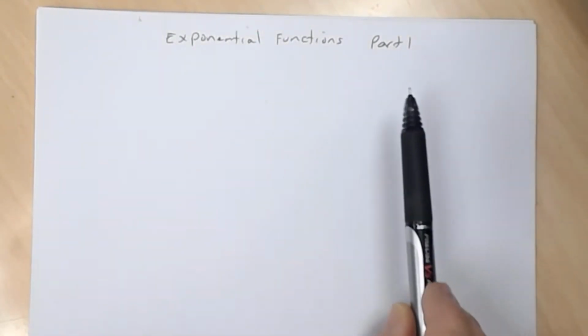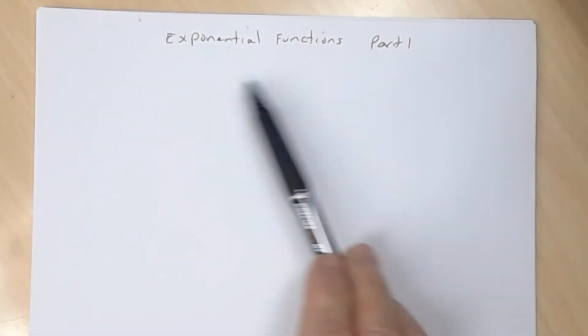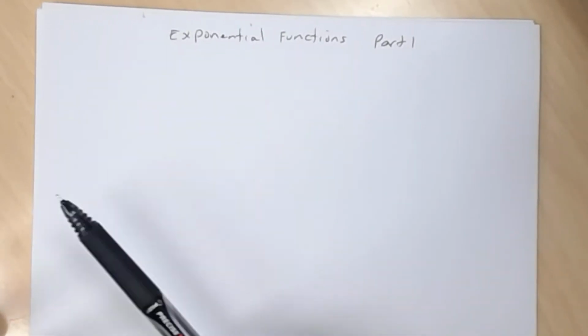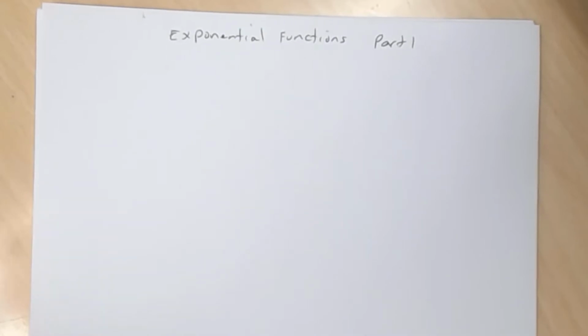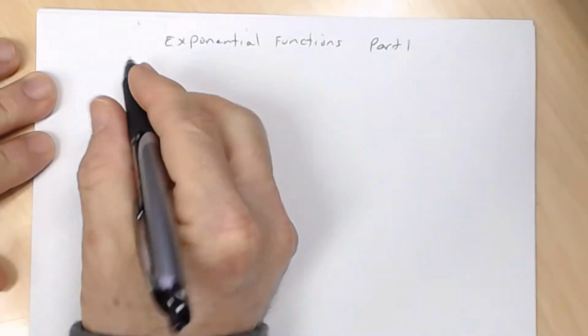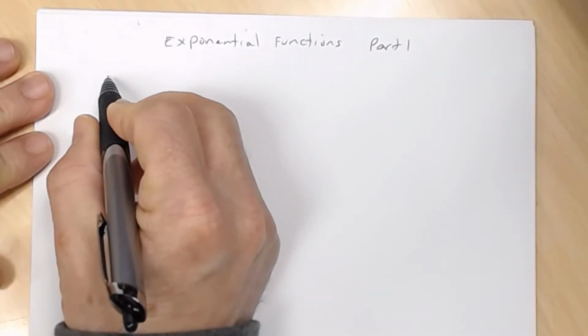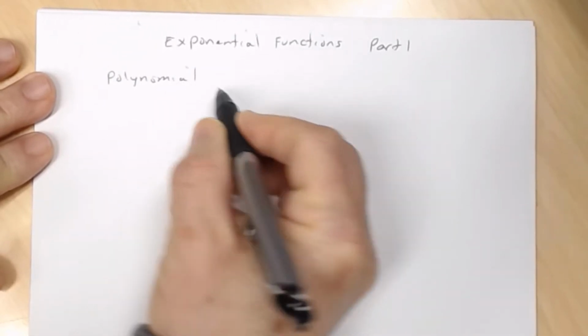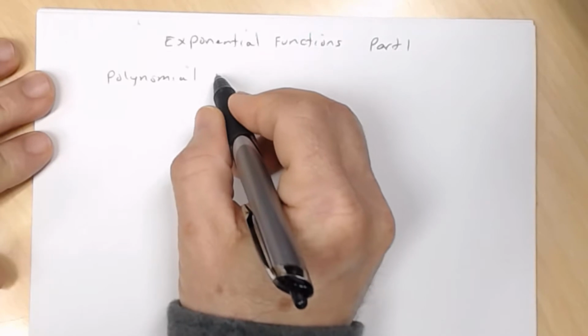All right, so this is going to be part one of the lesson on exponential functions. And basically in this part one, we're just going to look at some basic ideas of what exponential functions are. Now, in previous lessons, you graphed what was called polynomial functions. All right, so polynomial functions. And an example of a polynomial function that you graphed